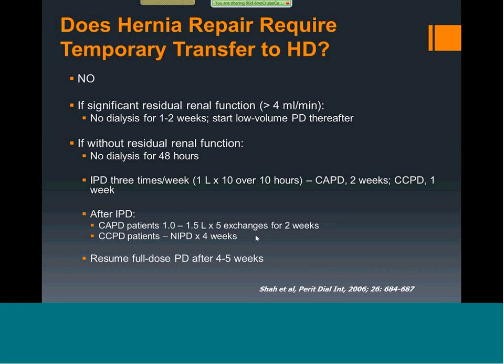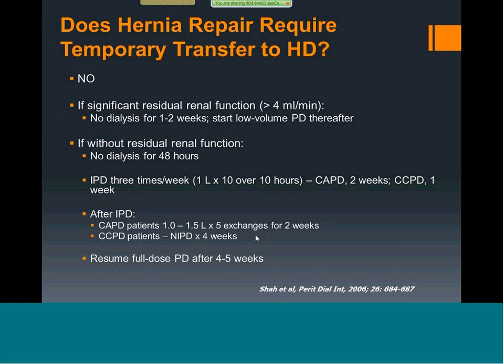And Dr. Mehrotra, one more question for you. You mentioned that larger PD programs tend to have patients that transfer over to hemodialysis, or used to, at a much higher rate than smaller programs. Is there something specific to larger programs? Is it really the patient-to-nurse ratio, or is there something else that we should look for and watch out for if we belong to a larger program?